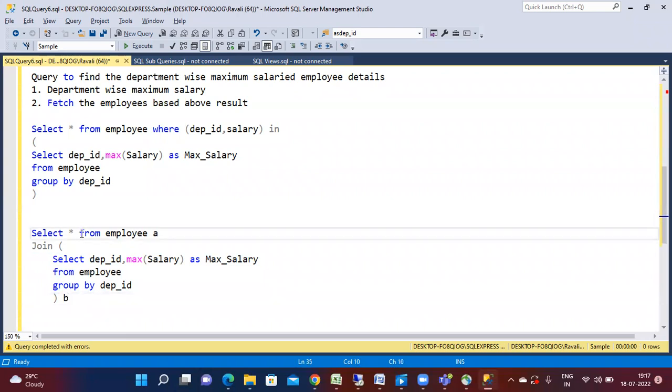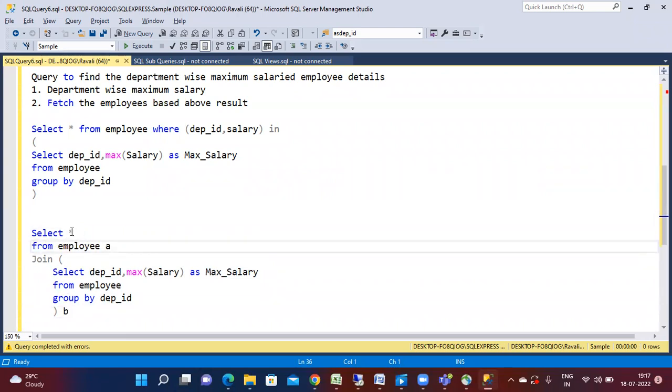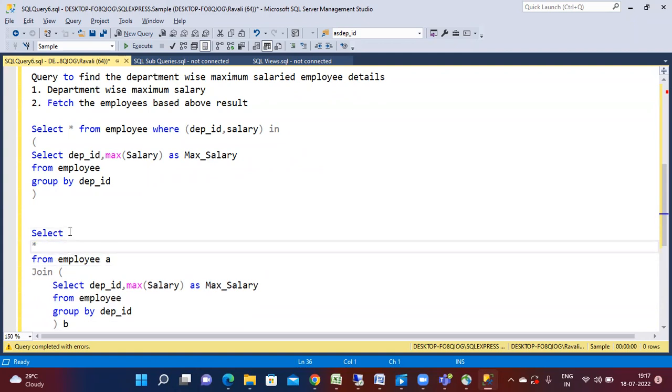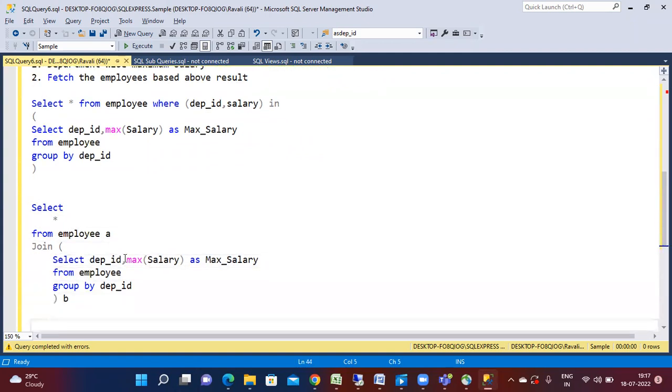Subqueries can be written in the where clause and also in the from clause. Already we have seen how we can write the subqueries. Entire this query, we are treating it as a table. On a dot department id equals to b dot department id, and a dot salary equals to